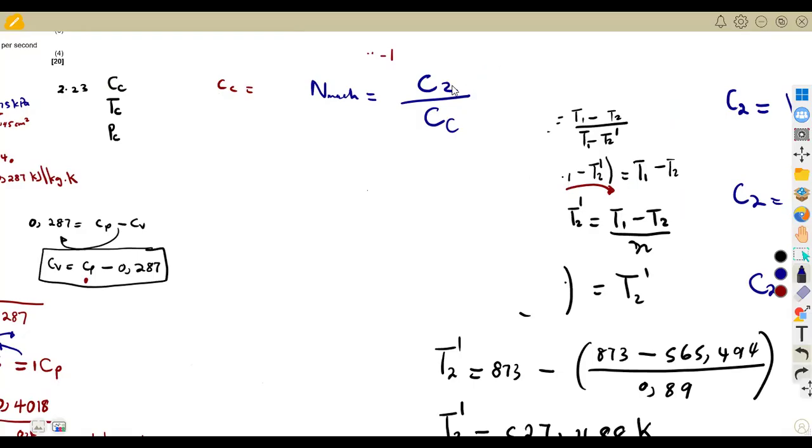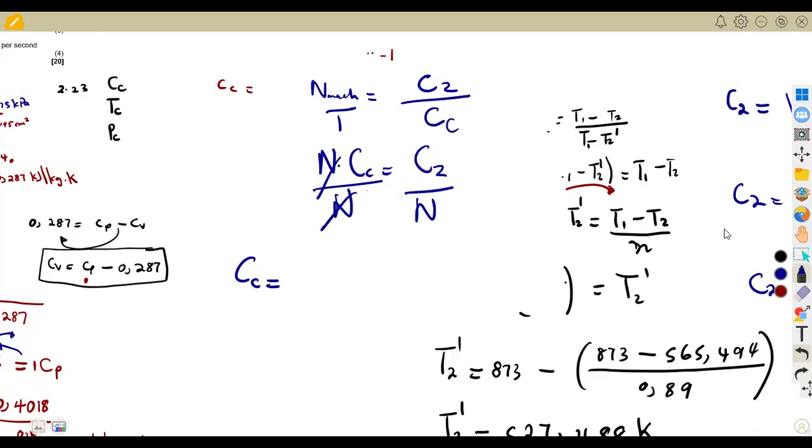If C1 was given, we would use that, but C1 is not there. So we're going to use C2 because we calculated this. You can use this to calculate Cc, the speed at the throat. So the Mach number times the speed at the throat is equal to 1 times C2. To find this, we're going to divide by N, which is our Mach number in this case. So the speed at the throat is going to be C2,